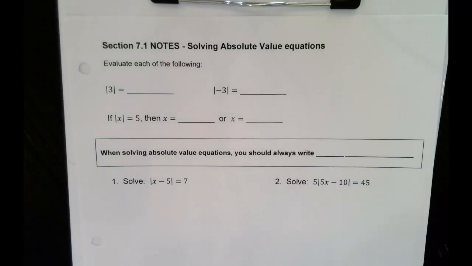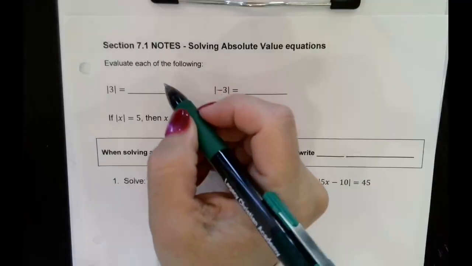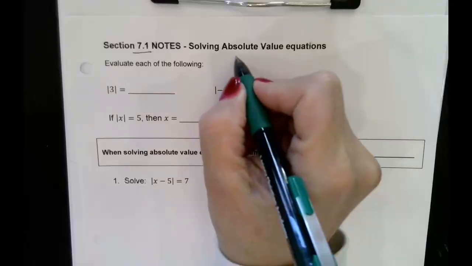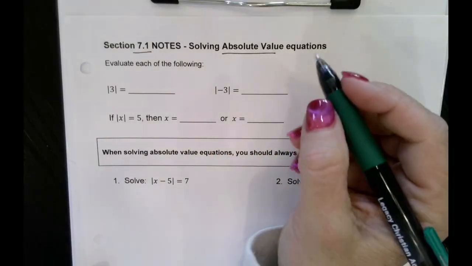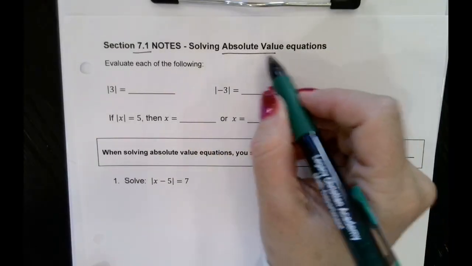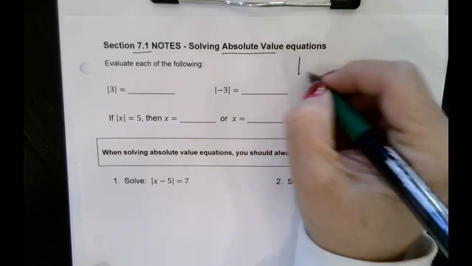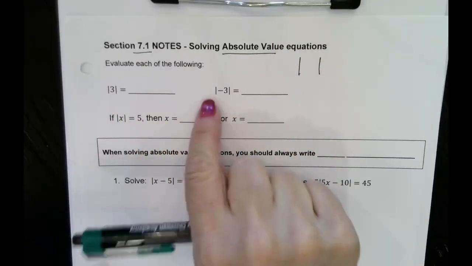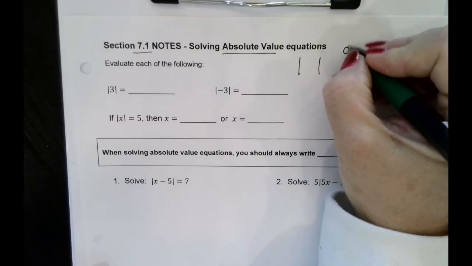All right, y'all. So this is a new unit, number 7, chapter 7, and today we're going to talk about absolute value functions. And so we know what an absolute value is. Absolute value is denoted by these symbols right here, and the absolute value is going to be the distance